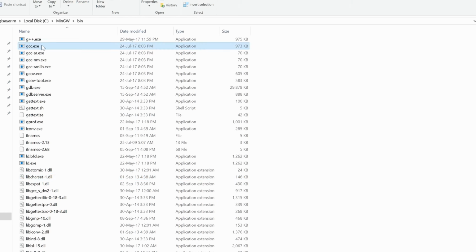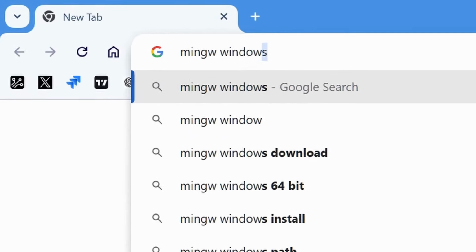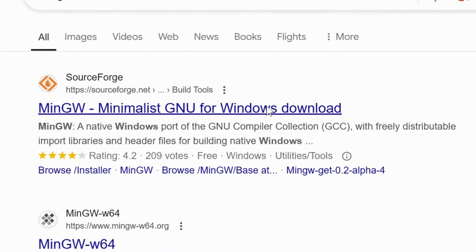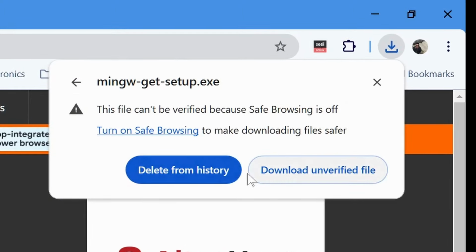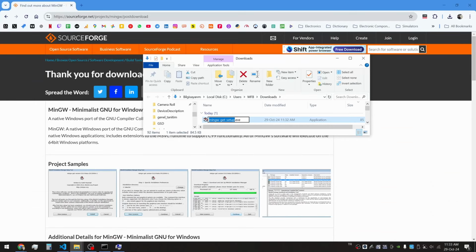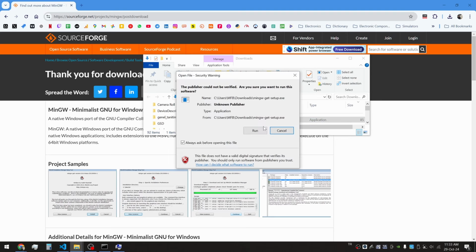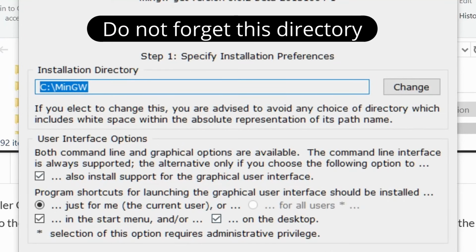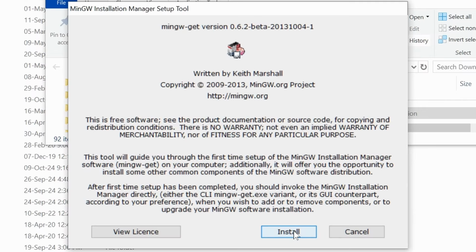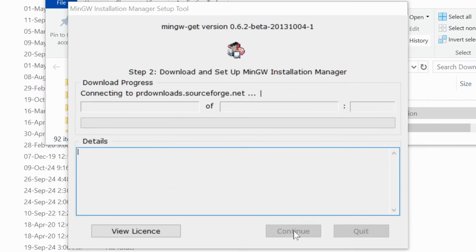I was able to compile with the gcc command because gcc was installed on my computer in the directory here. You can find MinGW with a simple search on Google. Download MinGW from the website here. Start the installation. The directory specified for the installation will be used when adding the system environment variable. Click the Continue button and wait until the installation is 100%.